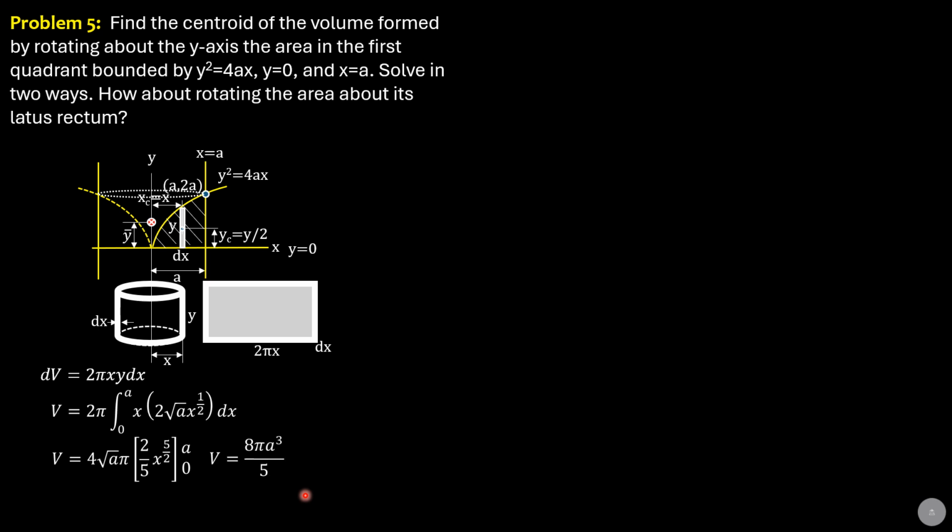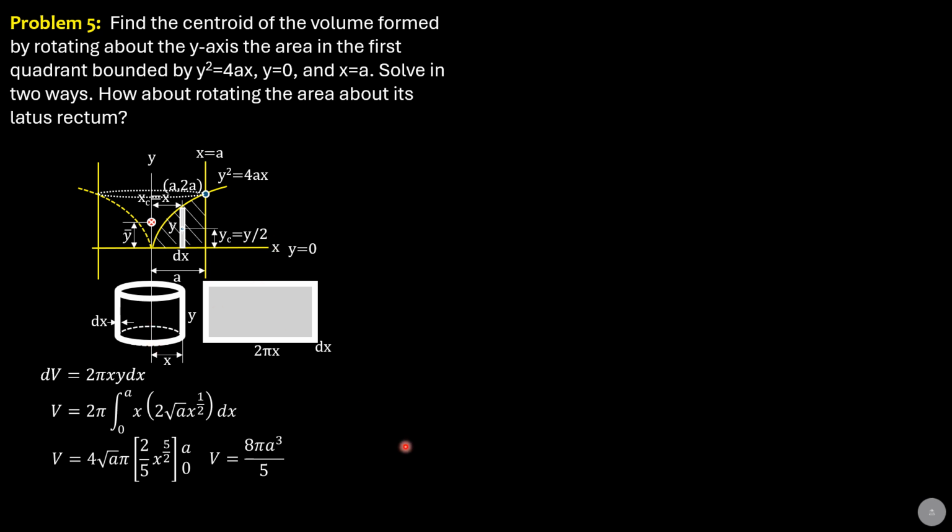Then by first moment of a mass, we only need barred y here. Barred x is the centroid, by symmetry lies on the y-axis, so barred x is 0. Barred z is also 0. So we only need barred y. So volume times barred y, 8 pi a cubed over 5 barred y equals integral of y sub c. Y sub c is, as I said, y over 2, or the centroid of this cylindrical shell is at mid-height, so y over 2.